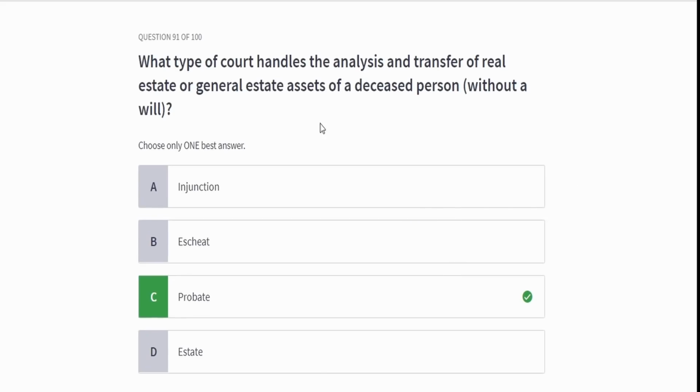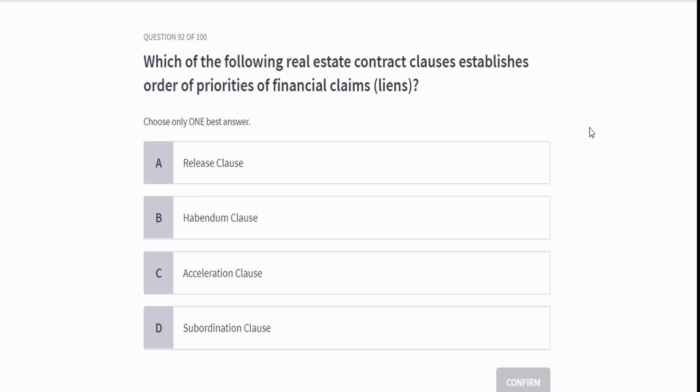Hopefully that makes sense. And I get this question all the time. Do these courts show up on the exam? Guys, everything on here is going to be either close to what's on the exam, or some material that is literally verbatim. Point being, yes, this is important. The courts, the injunctions, the probate courts, because what does it deal with? It deals with real estate, because it deals with someone passing away and how they transfer real estate. And transfer of real estate is the business we're in. That's the business that you will be in soon, and you need to be familiar with it.